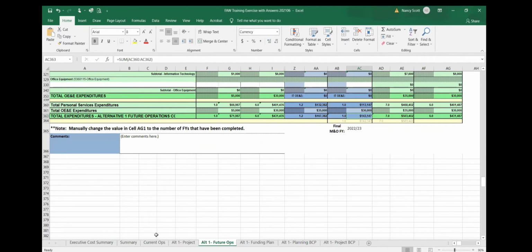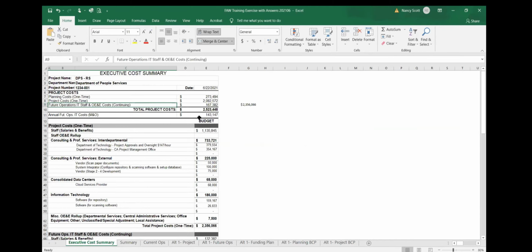So if I go back over here to the executive cost summary, it shows me I need 143,147 on an ongoing basis. So year by year, fiscal year by fiscal year, I need that amount to fund this IT solution.